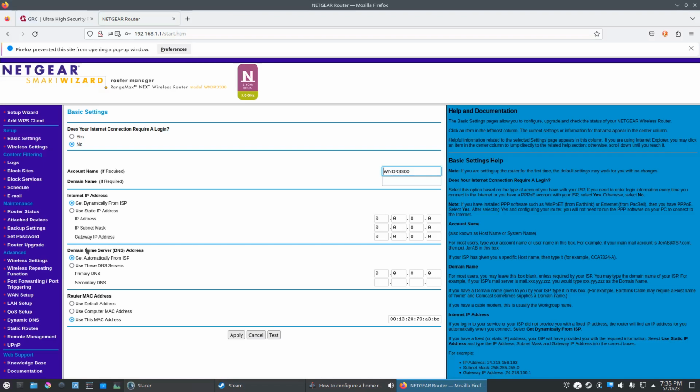Here's where we're going to make our first change. The domain name server or DNS address. You can leave this default if you want, but I like to change it to Cloudflare, which is a free and privacy respecting DNS server. And it's also very easy to remember. So the primary is going to be 1.1.1.1, and the secondary is going to be